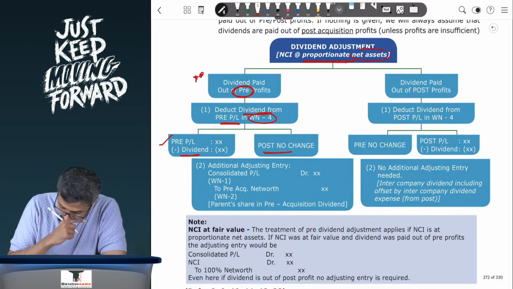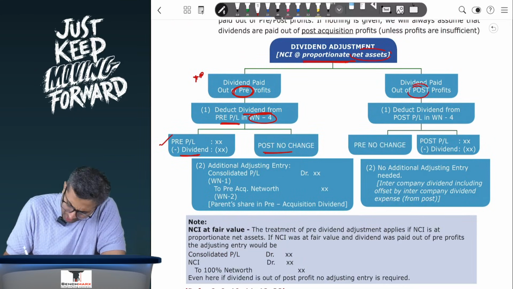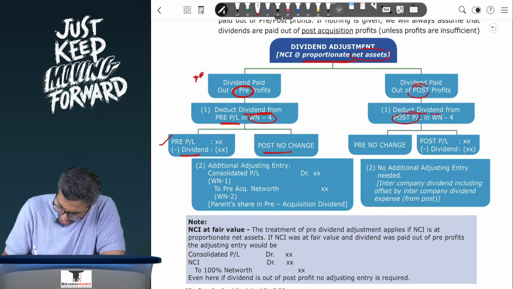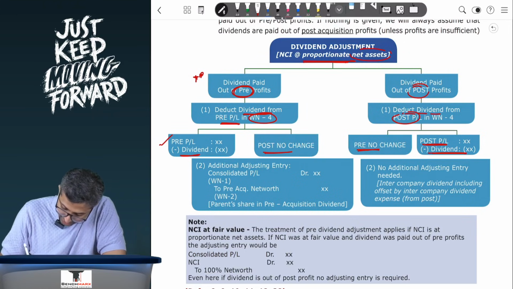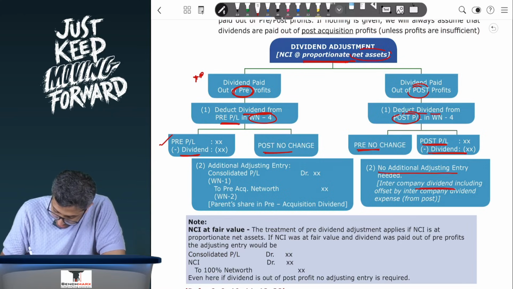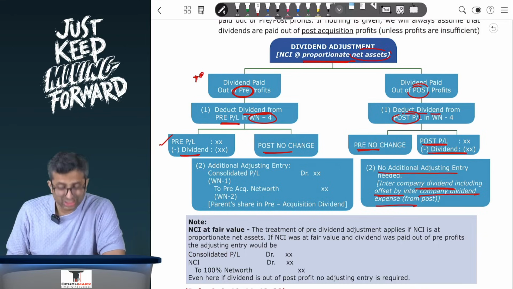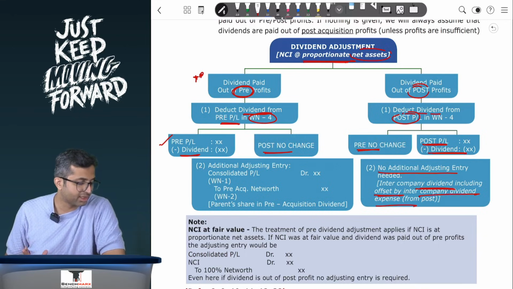But if the dividend was out of post-profits, again the same: deduct dividend from the post-section, the pre-section has no change, but the post-section has the dividend deducted. If it is out of post-profits, there is no further additional adjusting entry needed. Why? Intercompany dividend income is offset by intercompany dividend expense. So these are offset. But when I look at